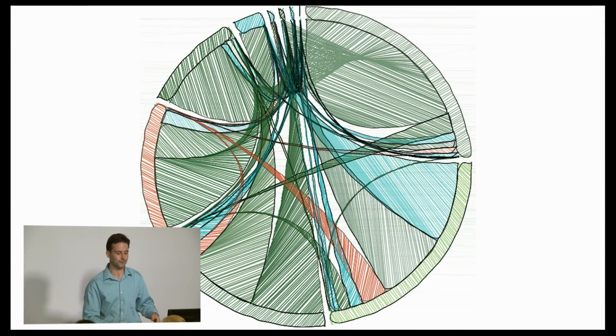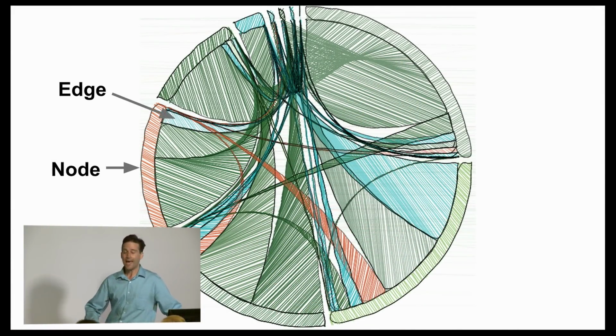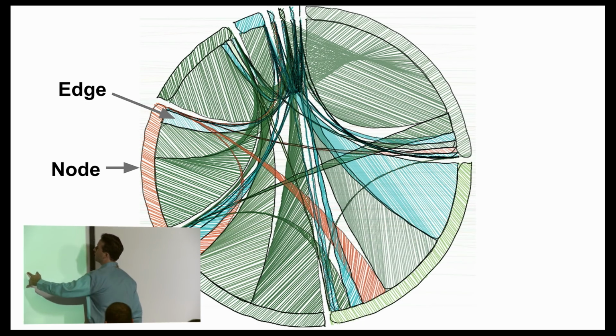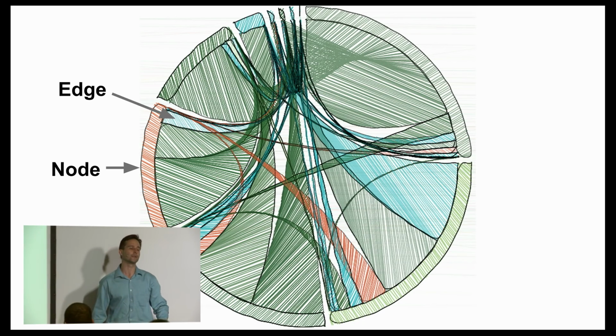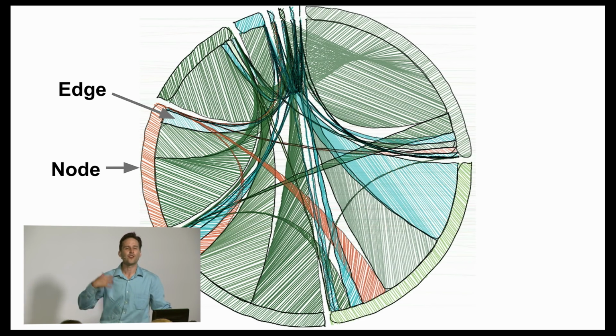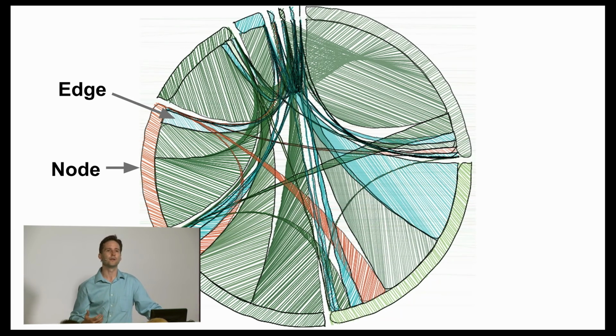Another way to represent networks, the chord diagram. In this case, the edges are these sweeping arcs, and the nodes are the arcs on the border. So there are different ways to represent networks depending on what kind of network you have. If you have a network of flows between nodes, and it's a small number of nodes, then a chord diagram